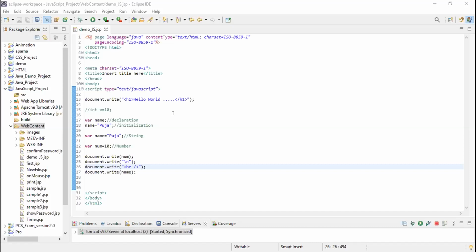In Java, we use \t for tab. So I want to know what the code will be in JavaScript for tab. I already used \t, but it's not working.